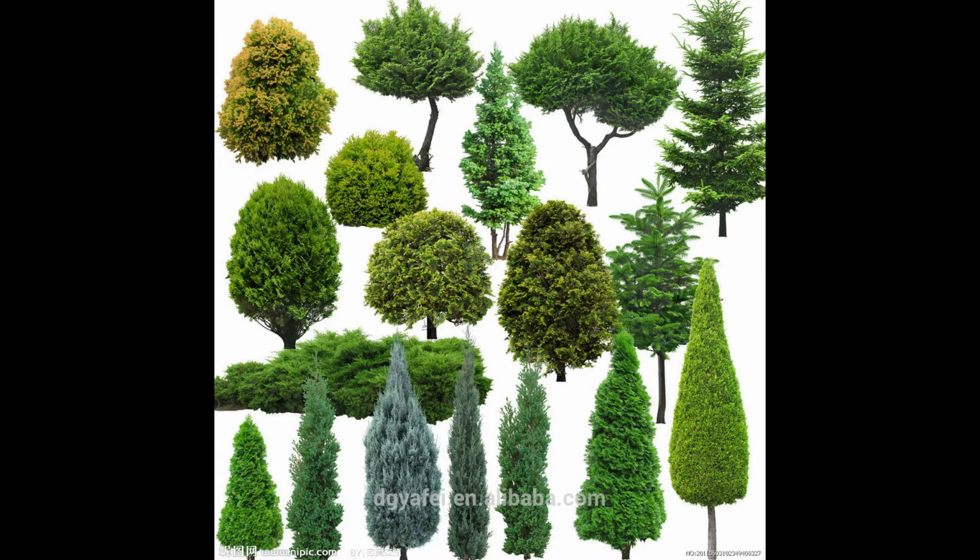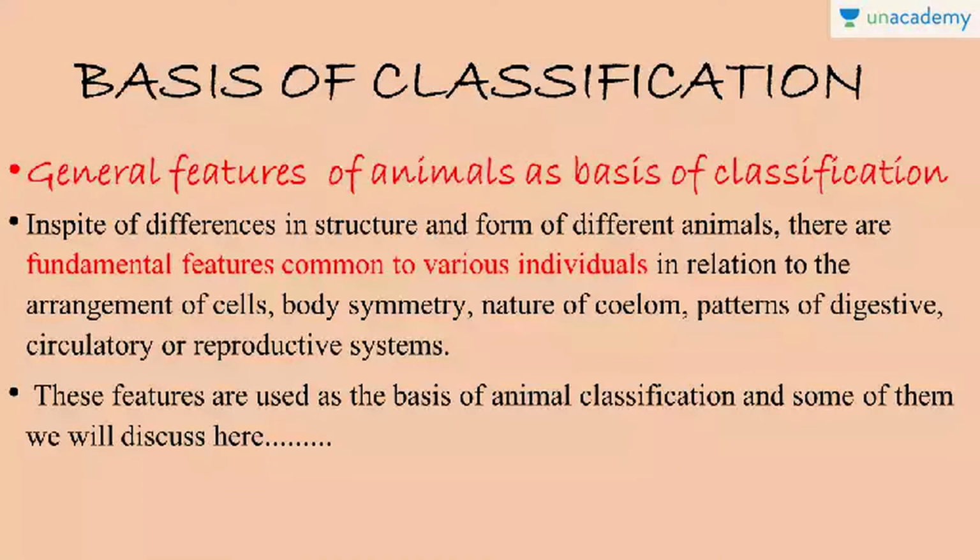So we will learn about how it is classified and how the different types of organisms are there in our world. Now we will see what is the basis of classification. First of all, attempts to classify living things started long before. That was done by the Greek thinker Aristotle, who classified animals according to whether they lived on land, in water, or in air.